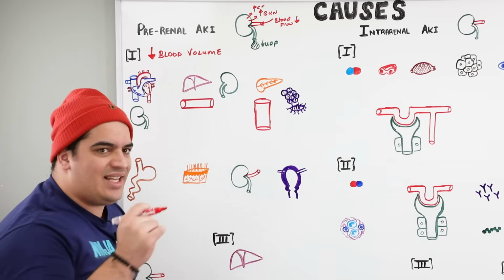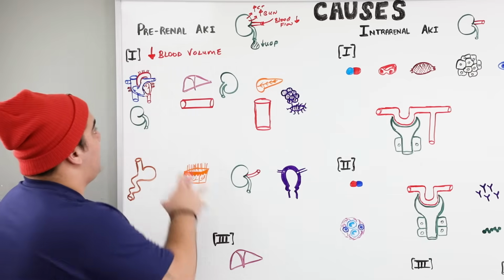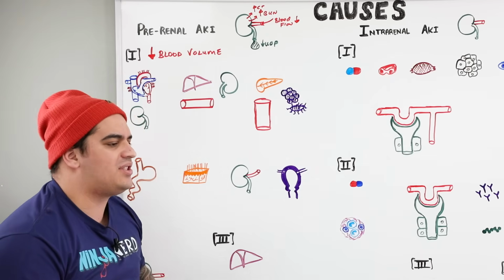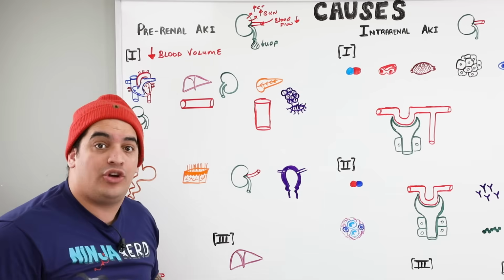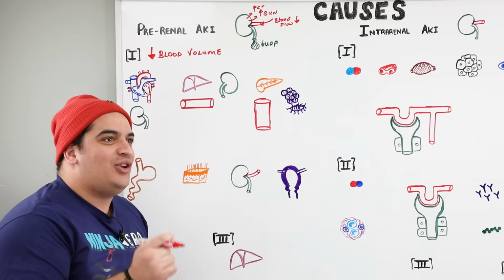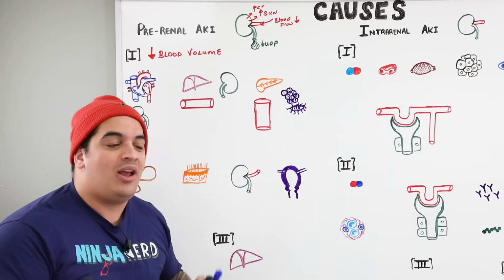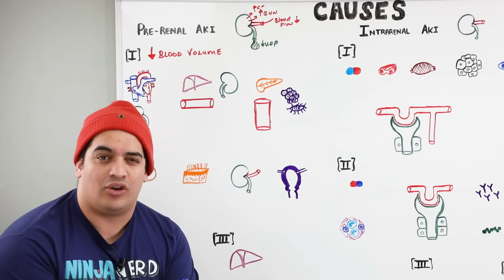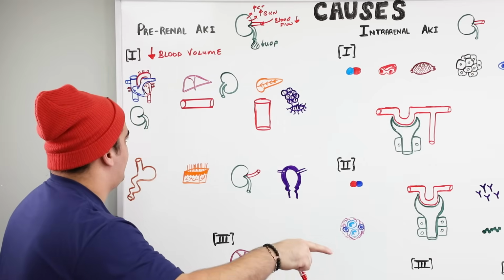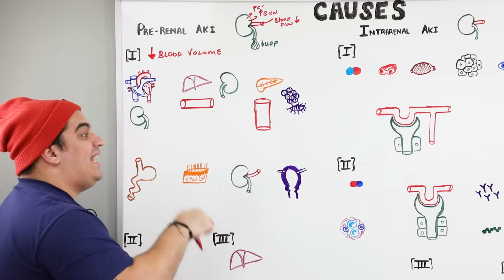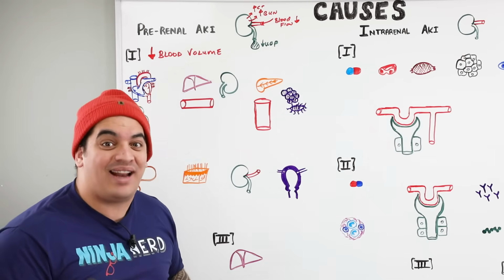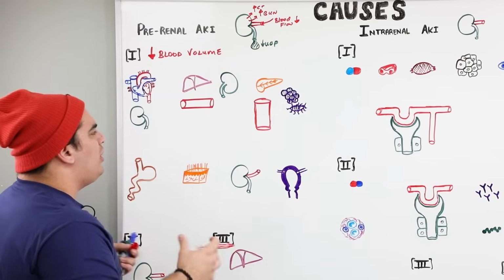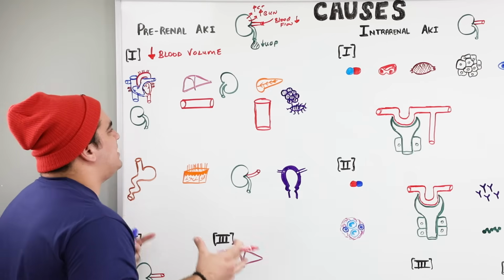What are easy things to remember as causes of a decreased blood volume? One of the easiest is when the problem isn't that your total body volume is lower. You may have a normal total body volume, but the amount of volume in the blood vessel, the effective arterial blood volume, is lower. What are conditions where the effective arterial blood volume is lower, but you have a normal total body volume? Conditions that are usually hypervolemic related, or where you're third spacing a lot of fluids.